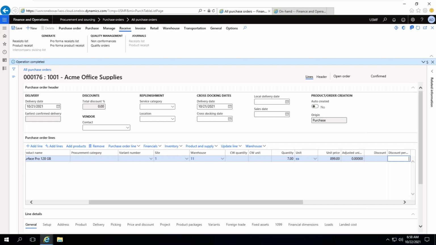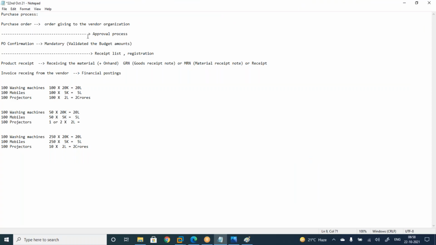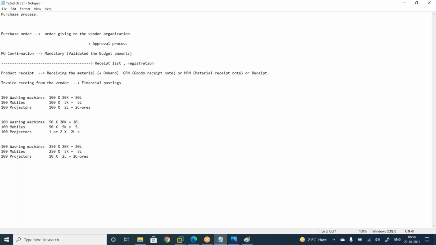It is possible. Okay. Satya, another question. Nowhere is the PR coming into the picture. How is the purchase order able to be made here without PR, without PR approval, PR making? There are many things we need to learn before this purchase order. There is a purchase requisition process.